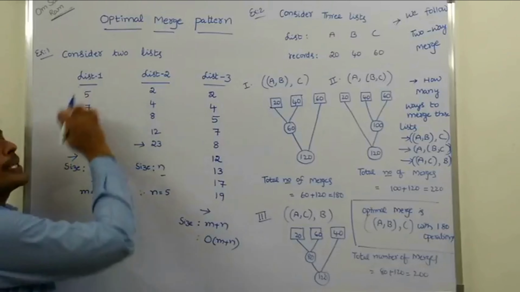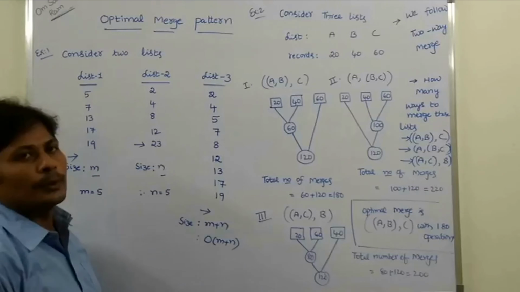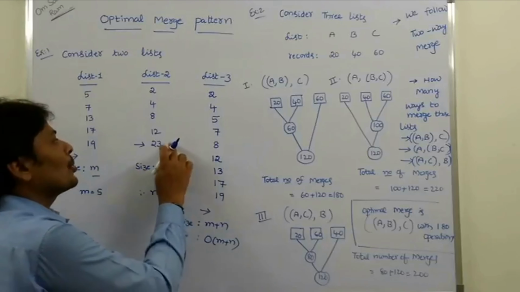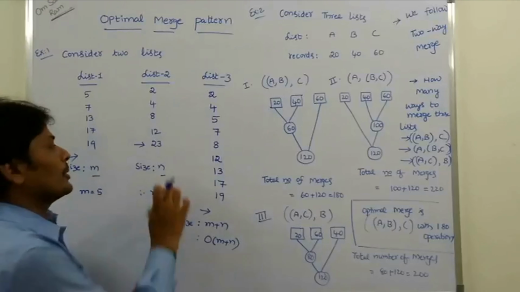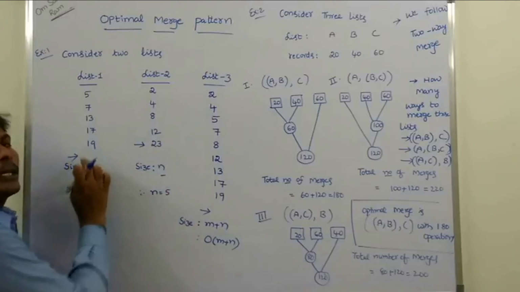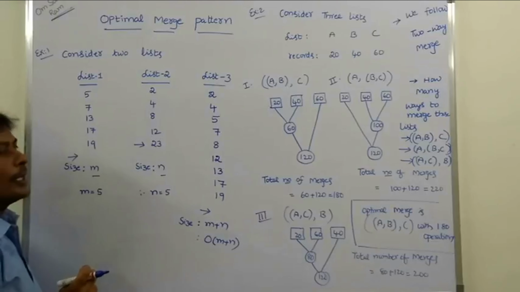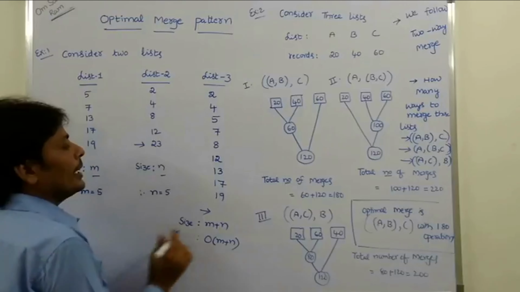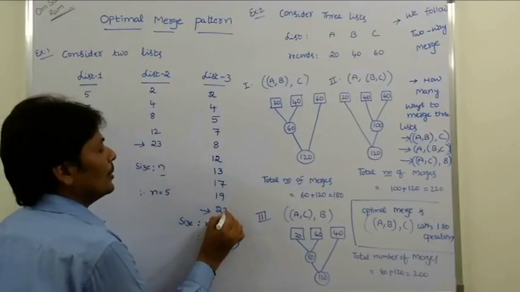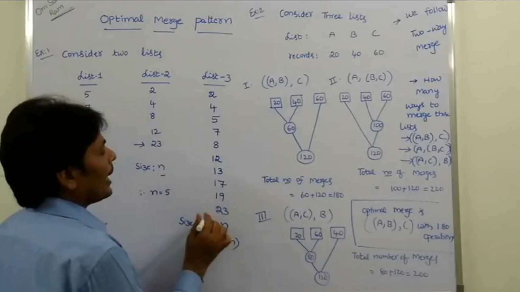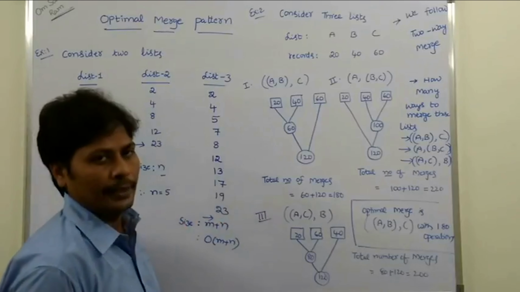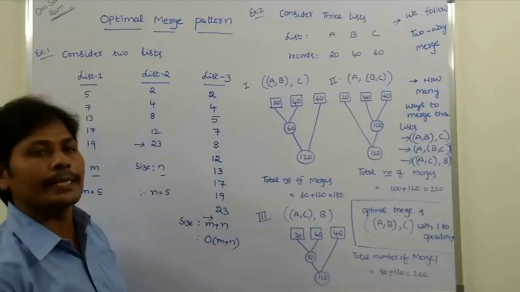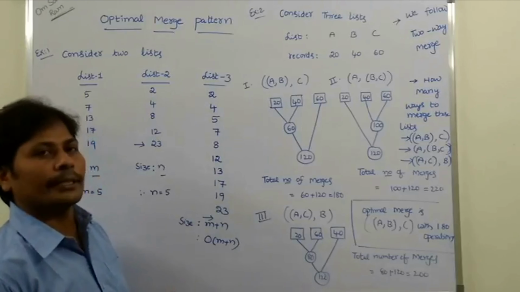The elements in list 1 are completed. There is no further comparison between list 1 and list 2, because list 2 contains only one element, 23, and list 1 has no element left to compare. So the element 23 in list 2 is moved directly to list 3, and the pointer is incremented. In this way we merge these two lists into a single sorted list.